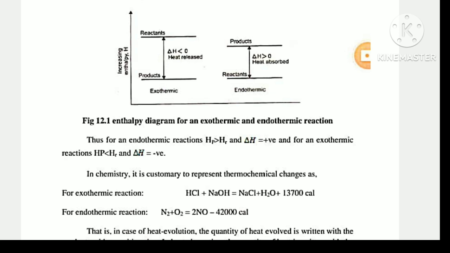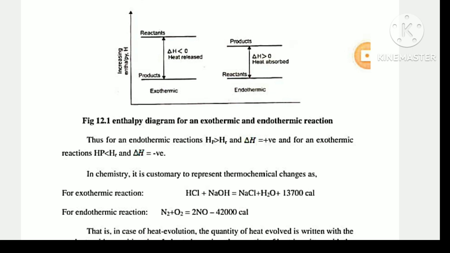Thus, for an endothermic reaction, H_P is greater than H_R and delta H is positive, and for an exothermic reaction, H_P is less than H_R and delta H is negative. In chemistry, it is customary to represent thermochemical changes as follows. For an exothermic reaction: HCl plus NaOH is equal to NaCl